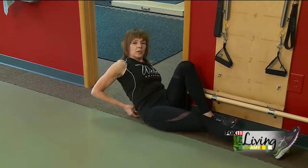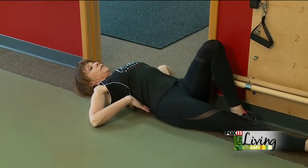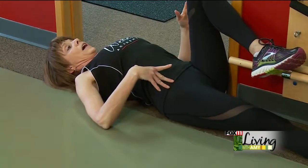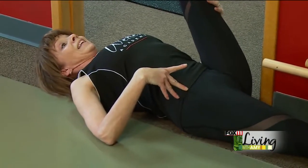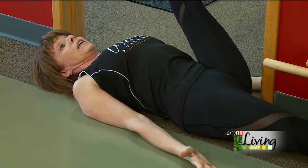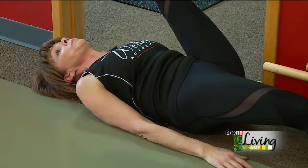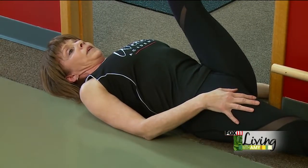We'll take our dog toy again and lay it under our spine to keep our spine curve. It's very important. That's our natural spine curve. And then we're going to put our leg on the wall. For some, this might be the stretch. They might not be able to move more than this. They might not even be able to get up, and they might look like this. So the important part is to try to get them to get their tailbone down and keep their legs straight